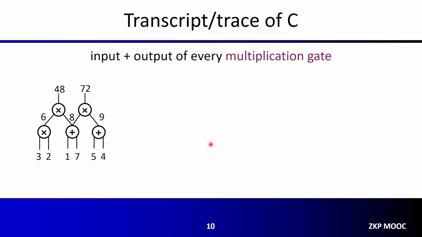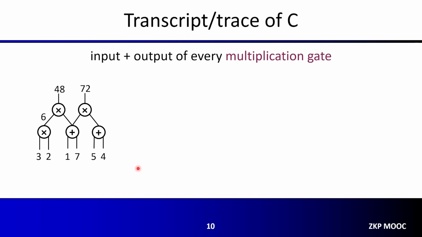To show you on this slide, we are going to remove the labels for the output of these two addition gates and only count the output of every multiplication gate here together with the input. So that is the trace we are going to use in this lecture. Again, it can be derived from the circuit evaluation. So essentially, there's no big difference, but in terms of the formal definition, it's slightly different from the interactive proofs